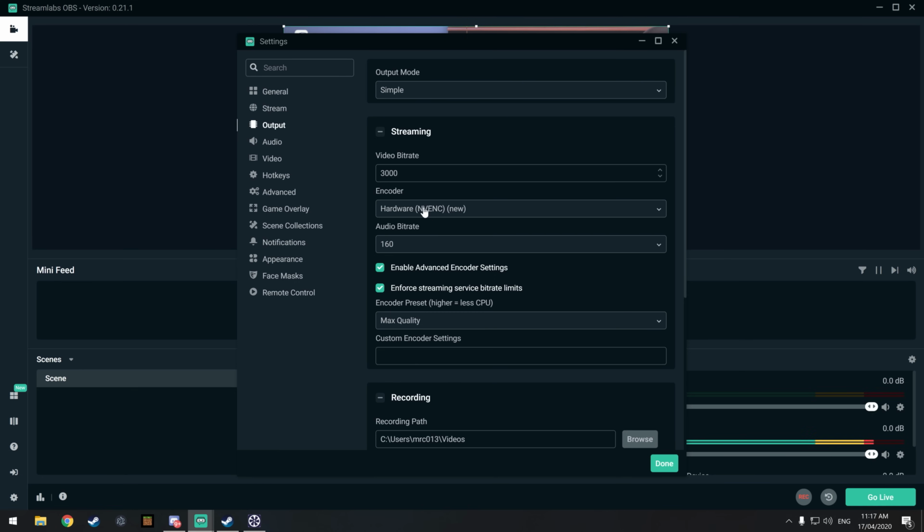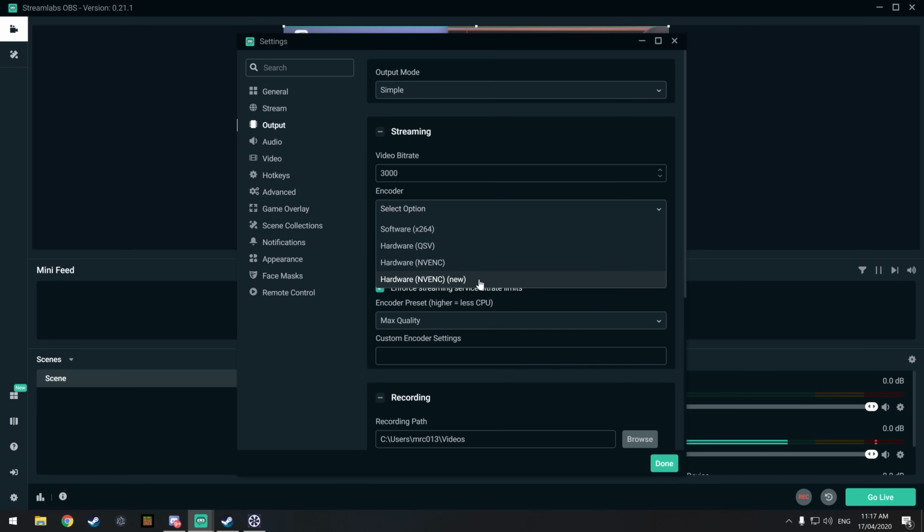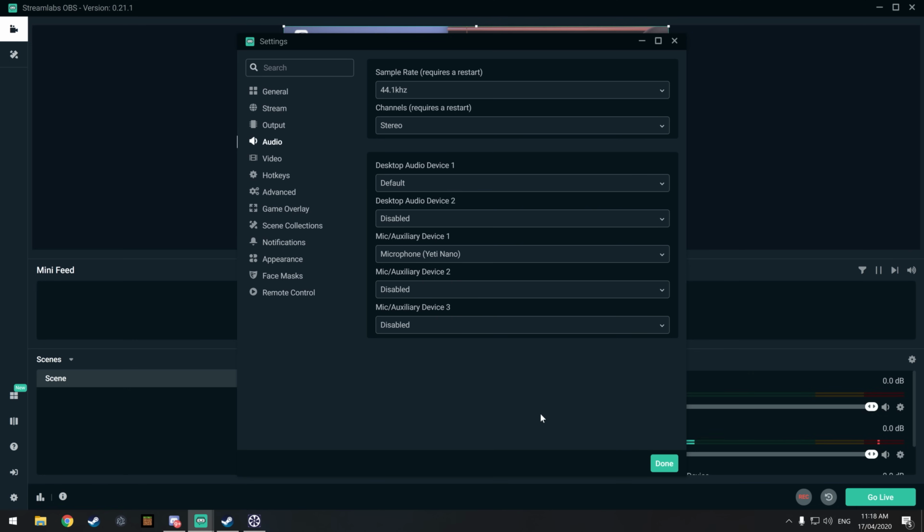And because I have a 2080 Super in this machine, I can actually then select the NVENC new. But personally, I will use QuickSync if I was to stream on this machine. There are a few other things you can tweak if you're getting some issues with your audio,